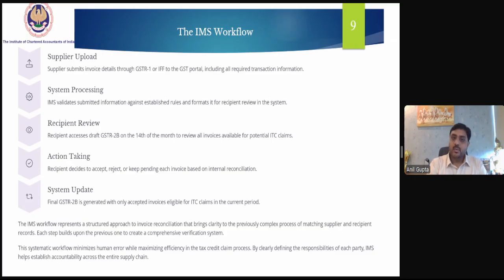This systematic workflow minimizes human error and human intervention, while maximizing efficiencies in the tax credit claim process. By clearly defining the responsibilities of each party, IMS helps establish accountability across the entire supply chain.